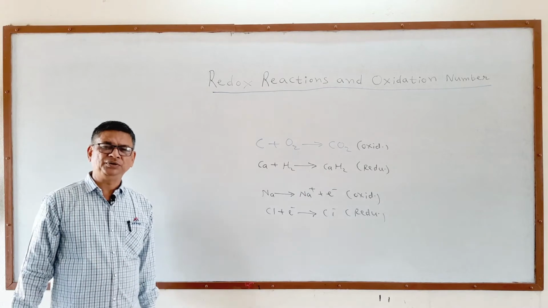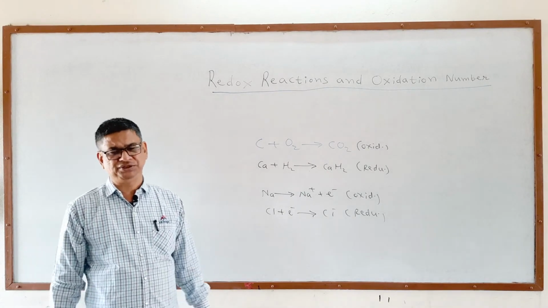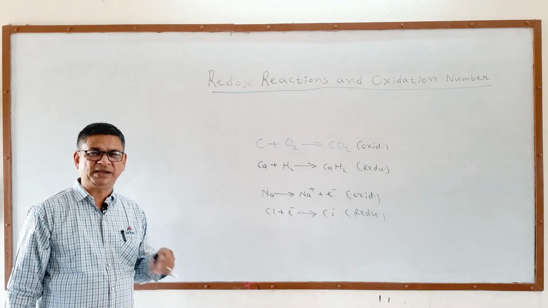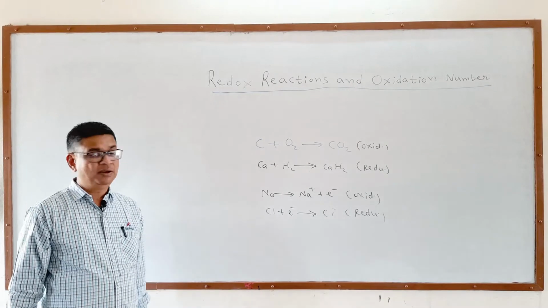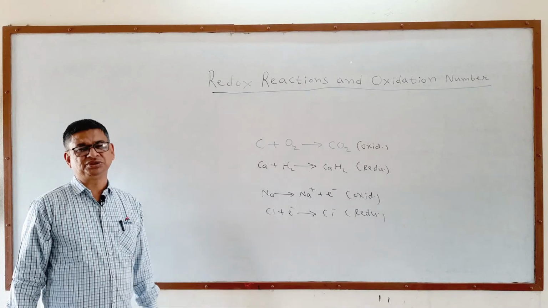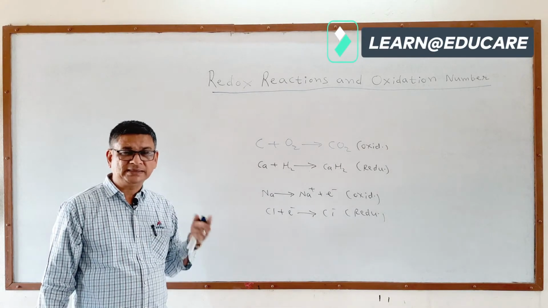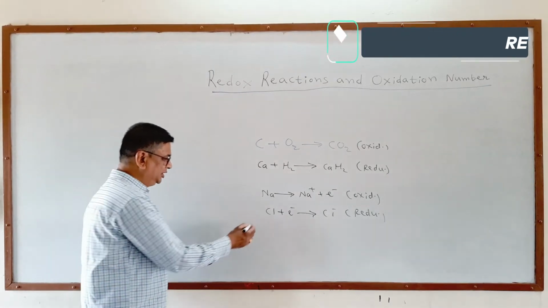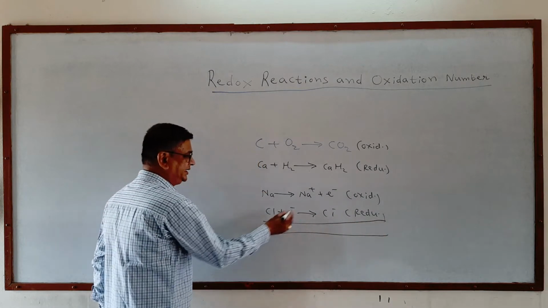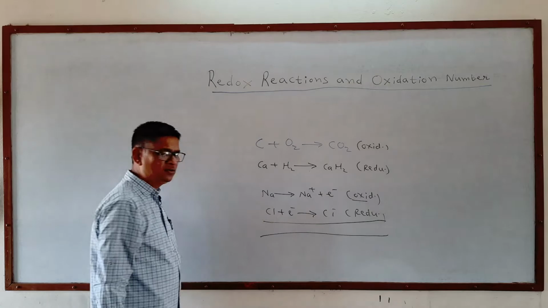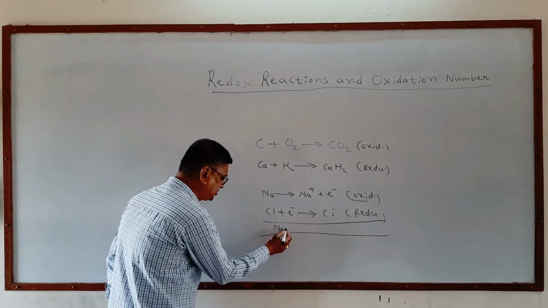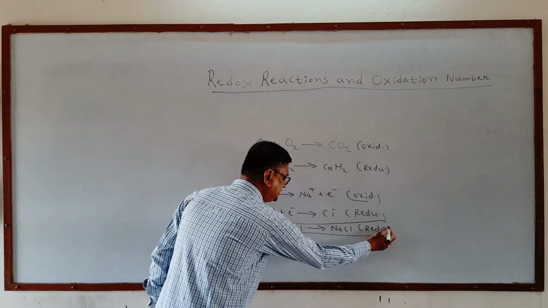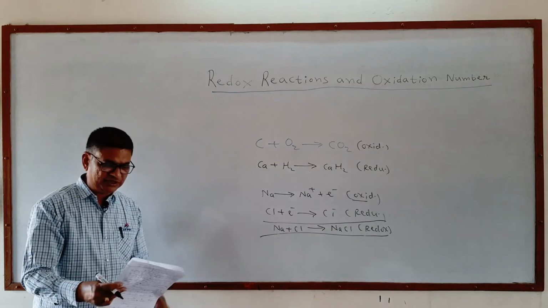Next concept, it is necessary to know about the oxidizing agent and reducing agent. An oxidizing agent is a substance which causes oxidation of another substance by reducing itself, meaning it undergoes reduction, while a reducing agent is a substance which causes reduction of another by supplying electrons, meaning itself undergoing oxidation. Here in this example, sodium donates an electron, meaning it itself undergoes oxidation, while chlorine accepts an electron, so reduction occurs, and if you combine these reactions, that is called a redox reaction. So a redox reaction is nothing but the combination of oxidation and reduction.